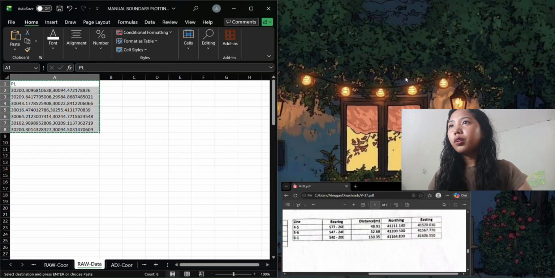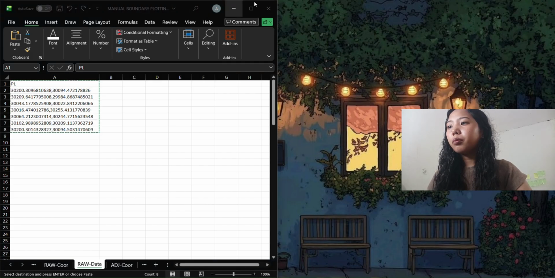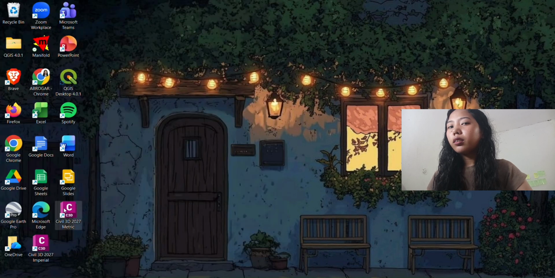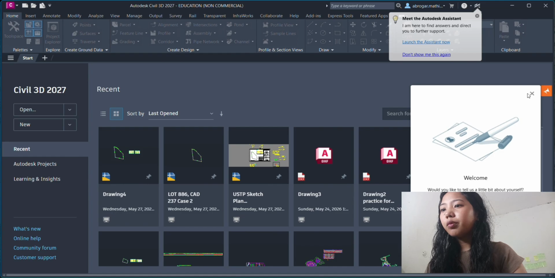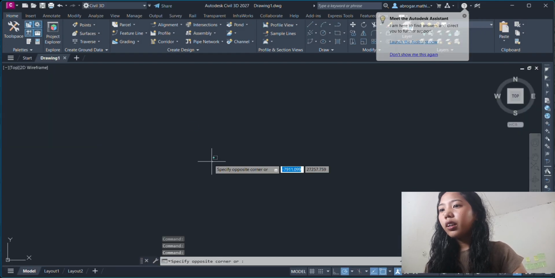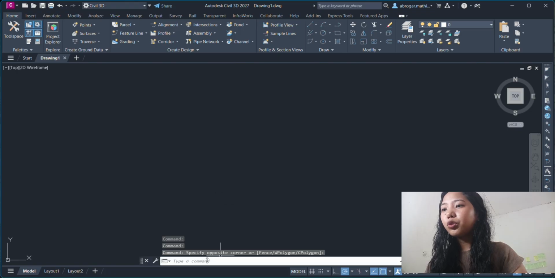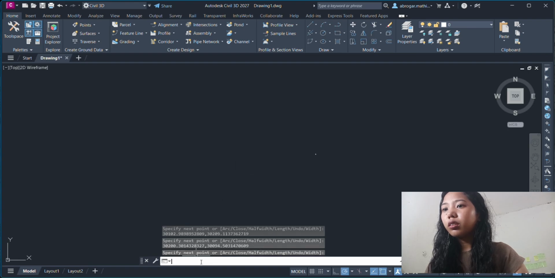For my part, I use Civil 3D metric. Then paste the raw data in the command line. Then use zoom extents to zoom to the illustration.